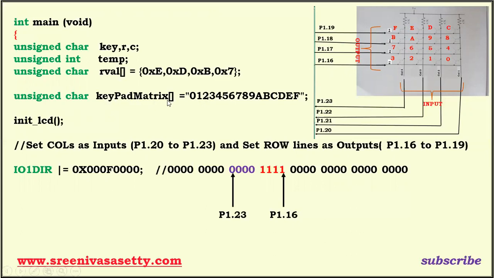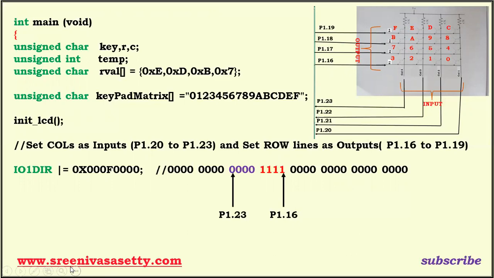Keypad matrix 2 gives the ASCII code for 2. Keypad matrix 15 gives the ASCII code for F. Basically, this array gives the ASCII code of all these things. Because if you want to display anything on LCD, we have to send ASCII code. You are not supposed to send the number as it is, F or 9 or 2.